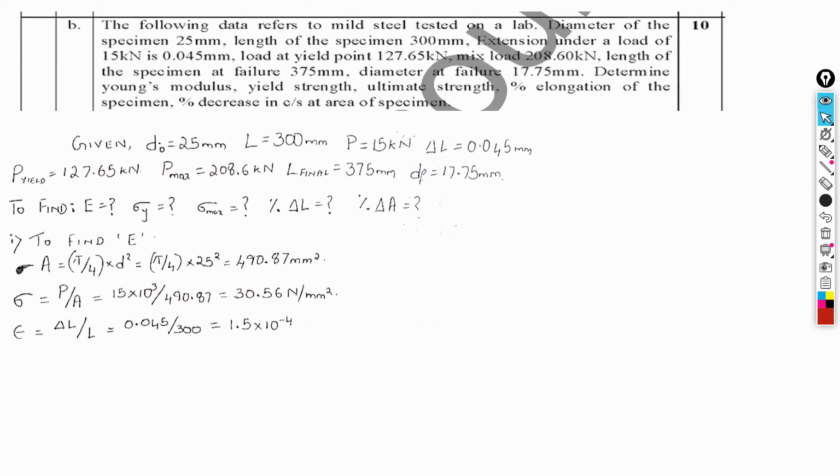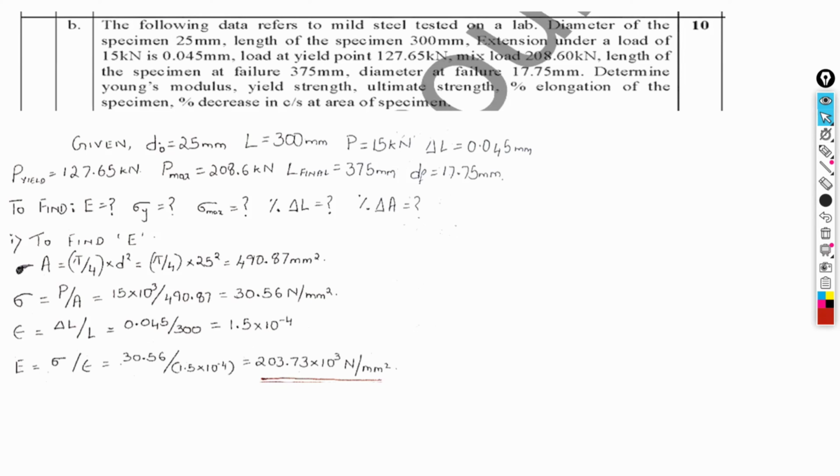Strain equals delta L by L, change in length to the initial length. That equals change in length 0.045, given in the question, divided by initial length 300, also given. After solving this, we get strain equals 1.5 into 10 raised to minus 4. Therefore,